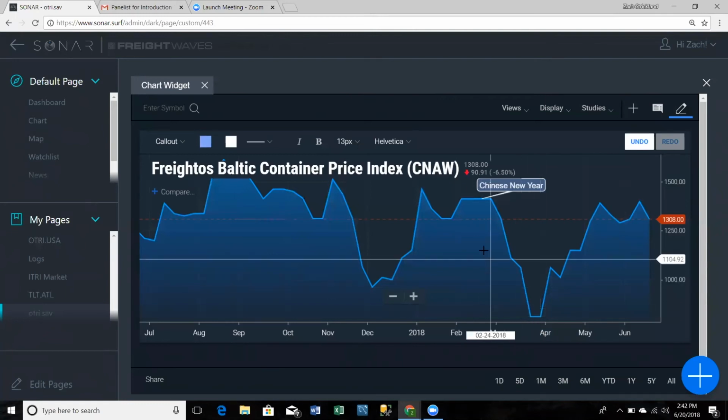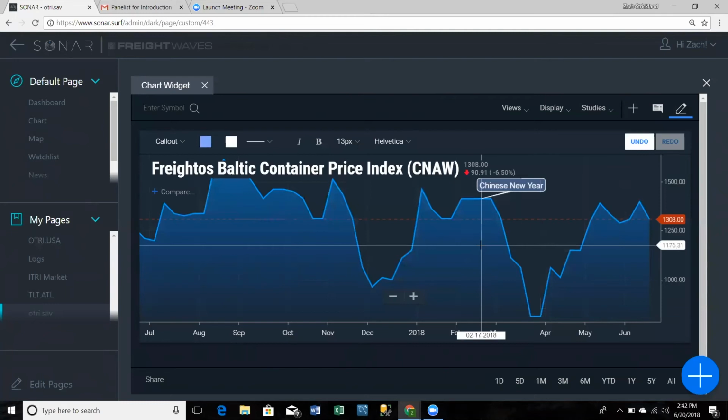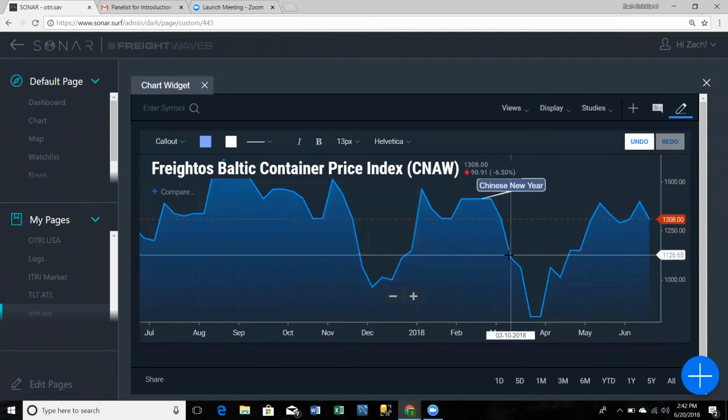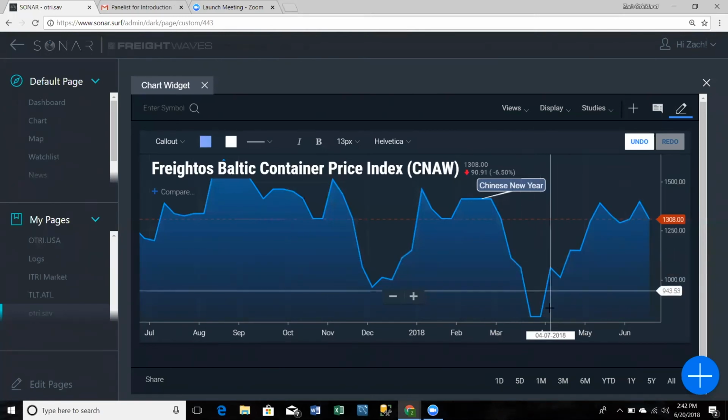So if you see where I'm pointing right here, the lines, this is updated weekly. So each one of these clicks over is 1 week. So let's count it out. 1, 2, 3, 4, 5, and 6. So 6 weeks later,